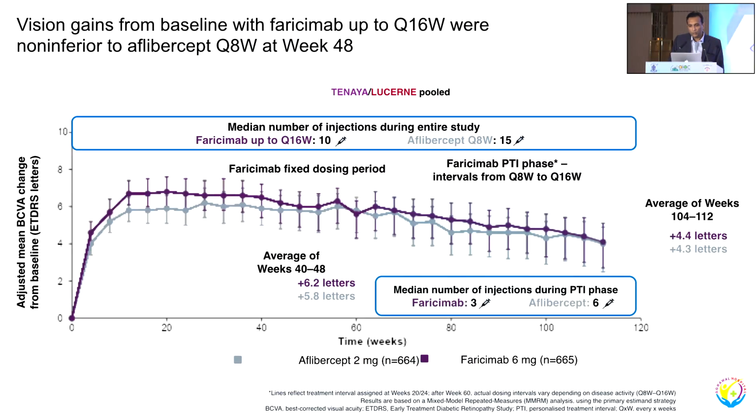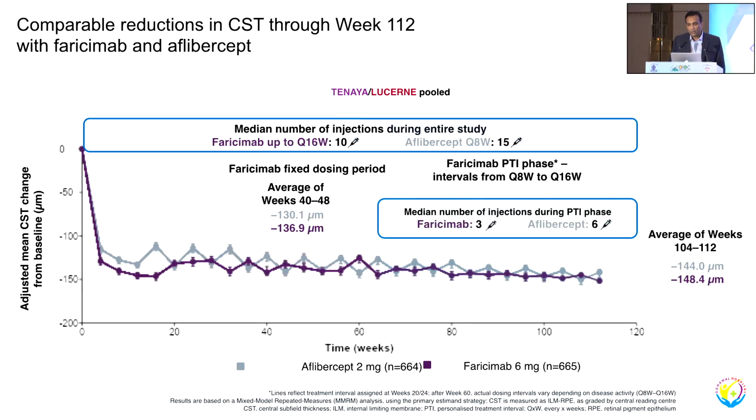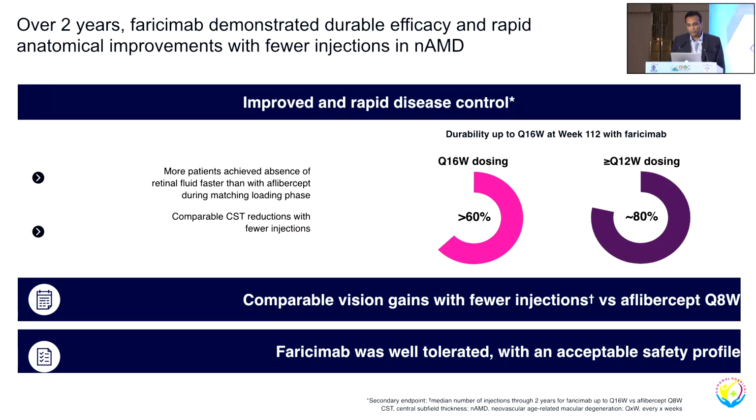And although, as mentioned by my colleagues and in the previous slides, the vision gain was comparable to aflibercept, the important thing is that the median number of injections was almost half as compared to aflibercept in the second year. And the reduction in central subfield thickness was also achieved in almost half the number of injections of aflibercept. And the important thing is that almost 60% of these patients achieved Q16 dosing, and almost 80% achieved